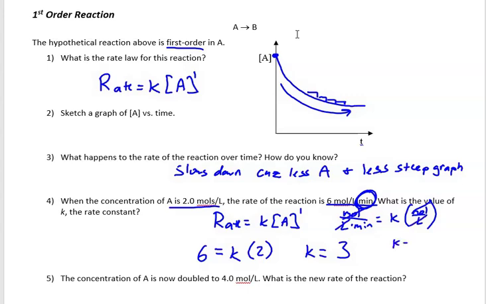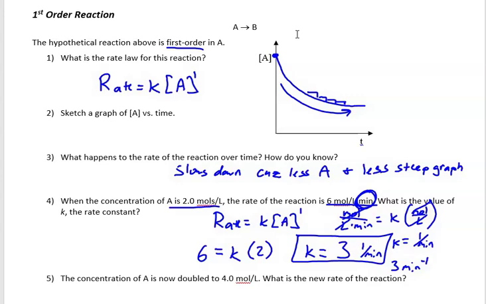And we're going to see that K is equal to the only thing left over on the other side, which is 1 over minutes. And so technically the value of K is 3 inverse minutes. You can write it like that, or you can write it as 3 minutes to the negative 1, or however you choose. And so that probably doesn't tell you much right now,